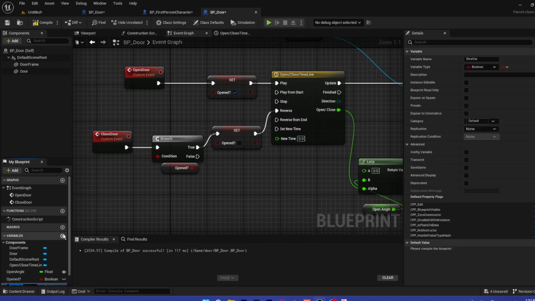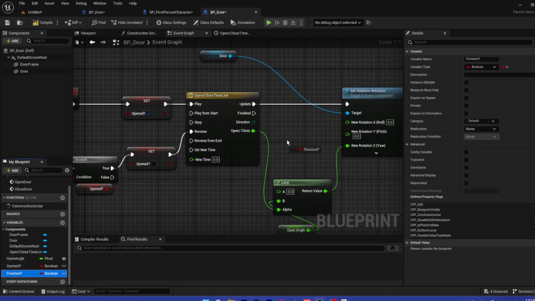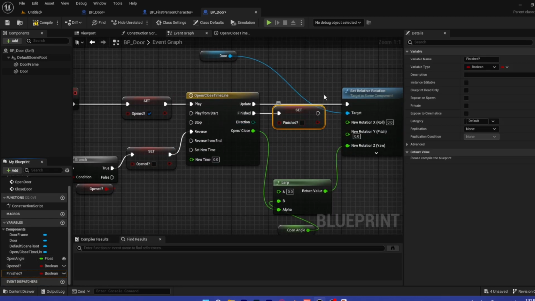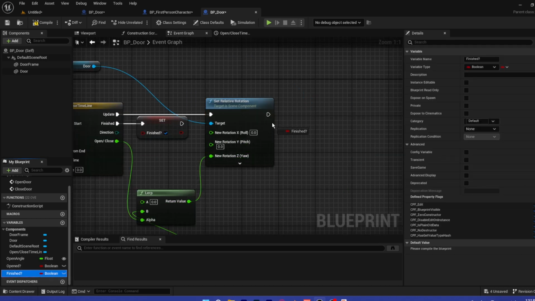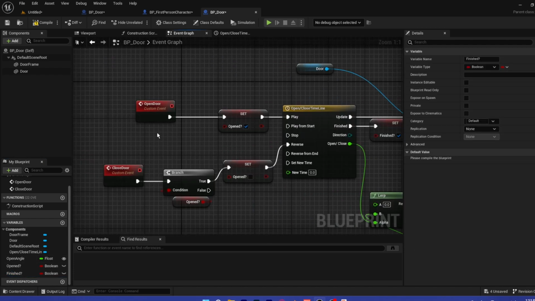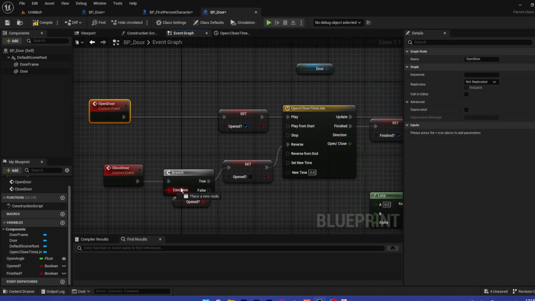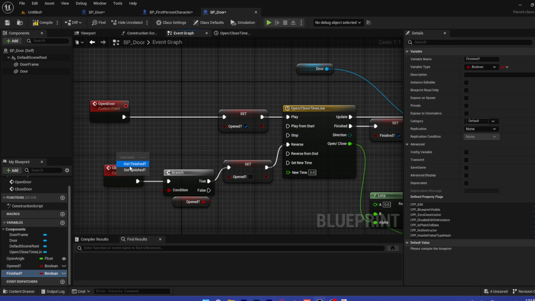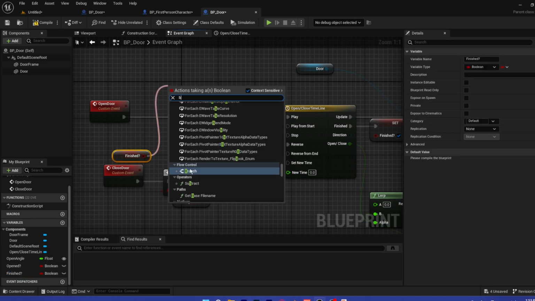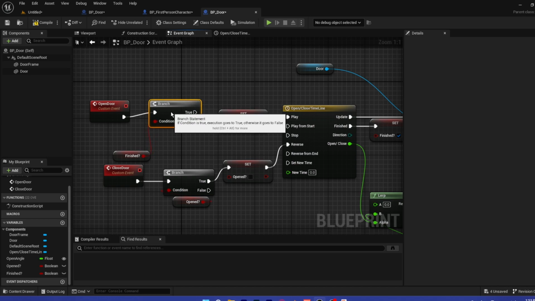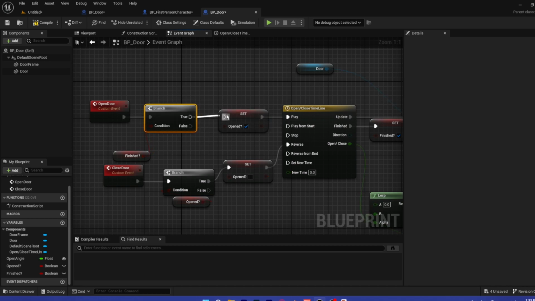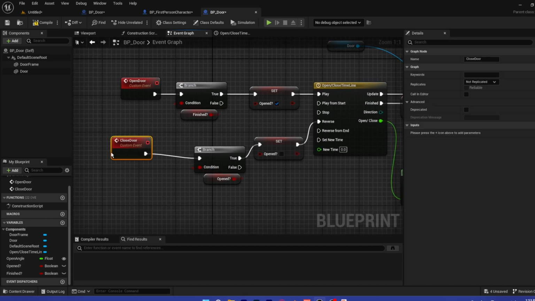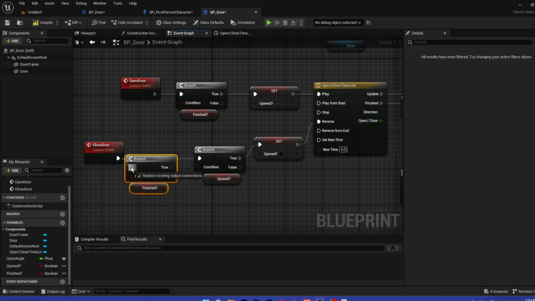Now we're gonna create another one called finished, and this will check if the door is finished moving. This will be finished, with the check set to true and the rotation false. And again we're gonna check with the branch, taking finished. So whenever the door is finished moving, if it's true, then we're gonna open it, and when it's false,